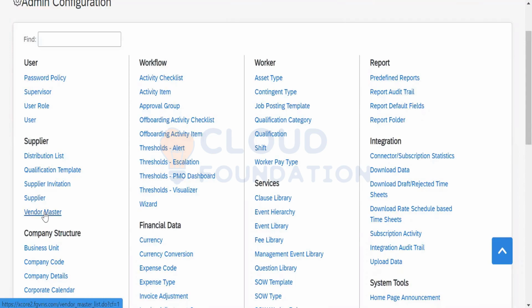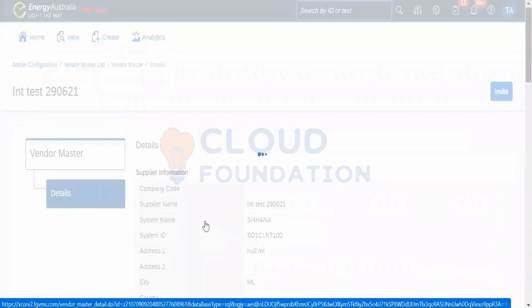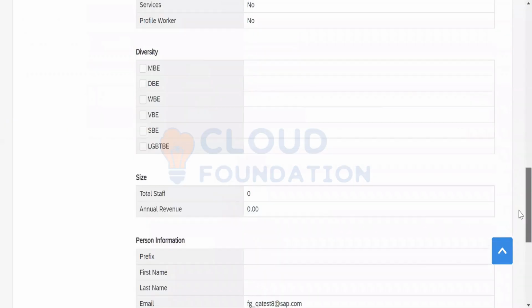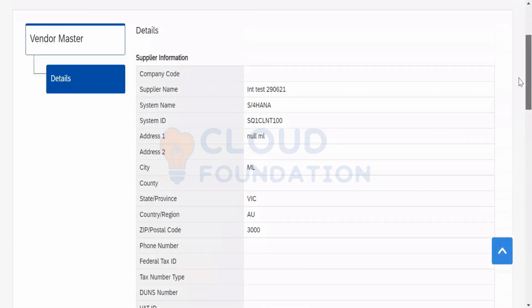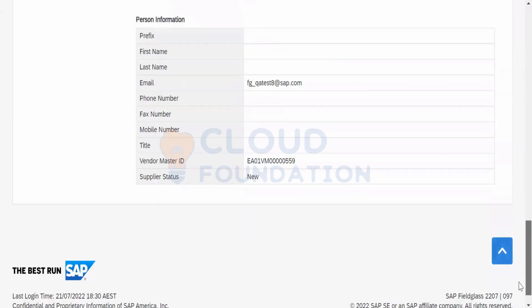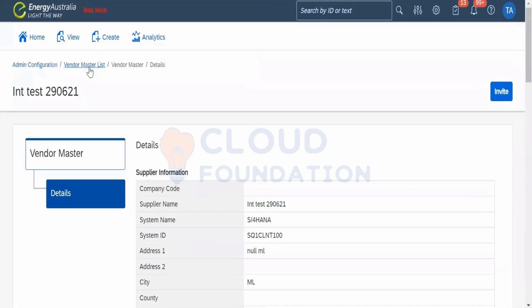There is something called vendor master, where we can see the vendor details. These are the vendor details under the vendor master.